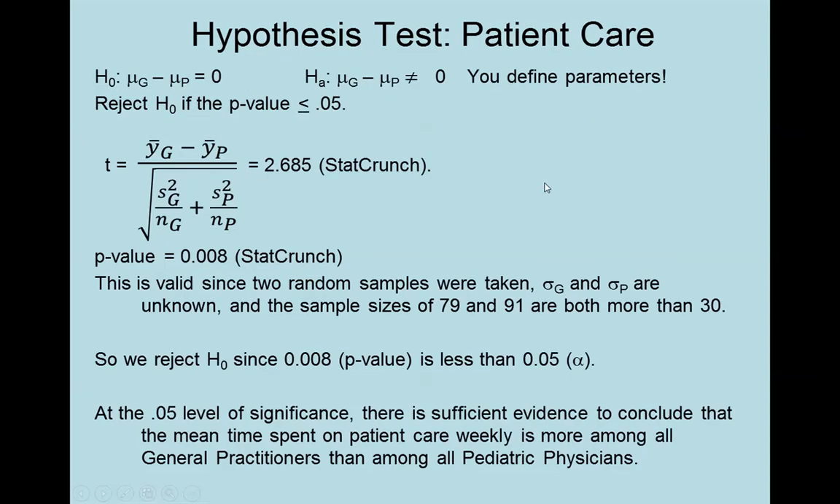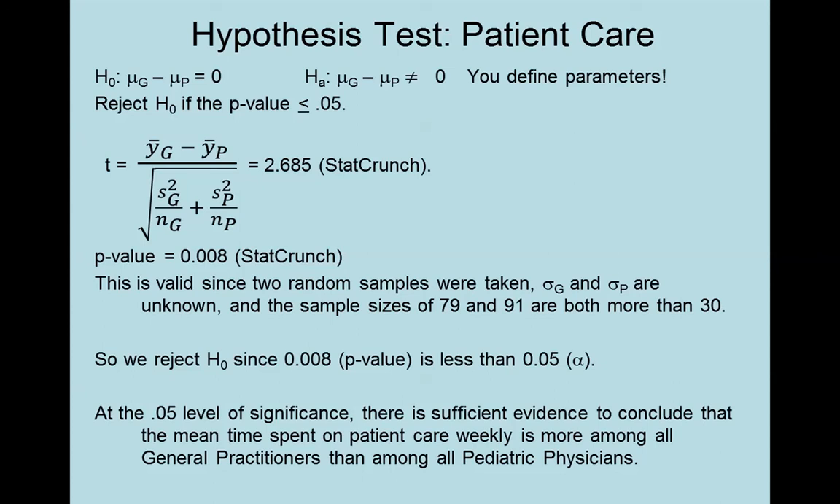So what would the steps look like? Under the null, we would say mu sub g minus mu sub p equals 0. Under the alternative, we would say mu sub g minus mu sub p is not equal to 0. We would reject the null hypothesis if the p-value is less than or equal to 0.05. Now the test statistic, you would write down your formula, and then that equals just the number that you read out of the StatCrunch output, the 2.685. The p-value also, you just read out of the StatCrunch output,